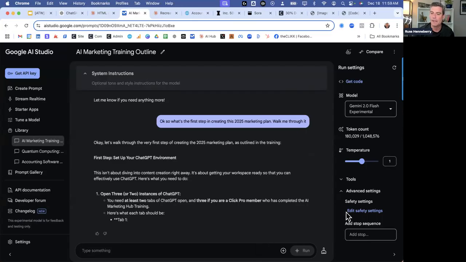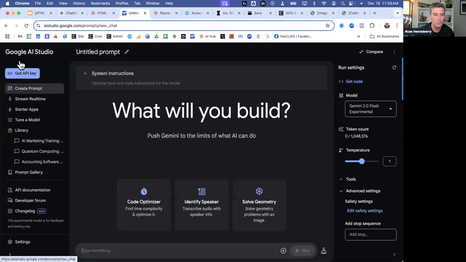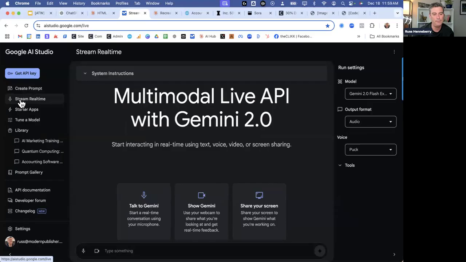this will be a massive thing. This is using, if you go to AI Studio, Google AI Studio, aistudio.google.com, and select the Gemini 2.0 Flash experimental model. So this is in preview mode or experimental mode, right? It's not completely launched yet, and that's partly why it doesn't work perfectly just yet. But what I want to show you is if you click on stream real time. So click on stream real time.